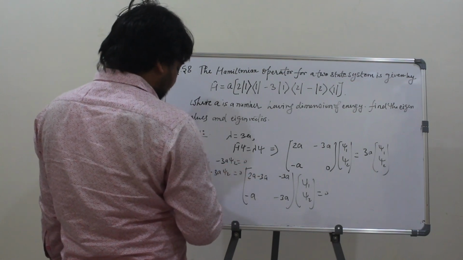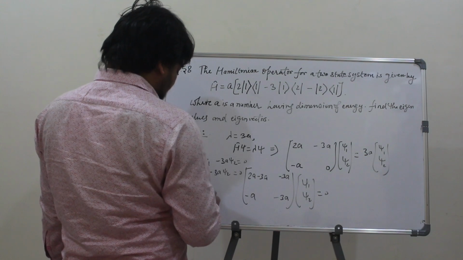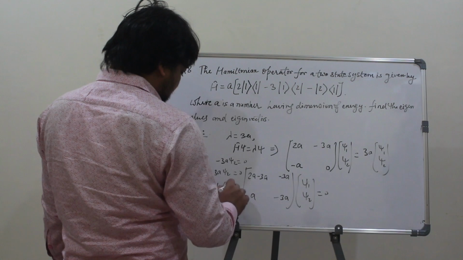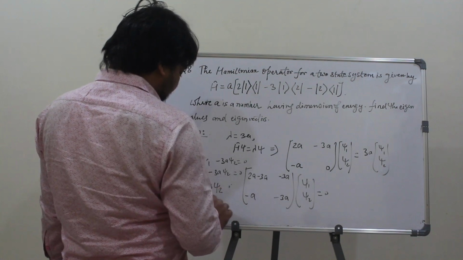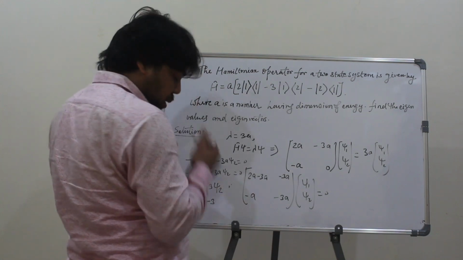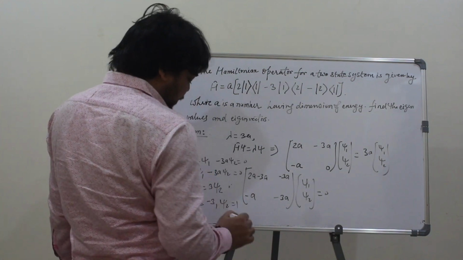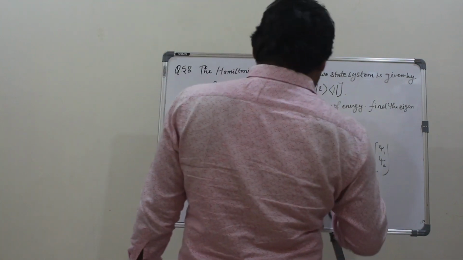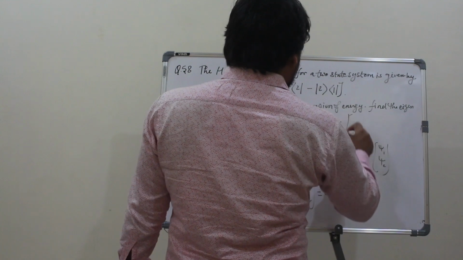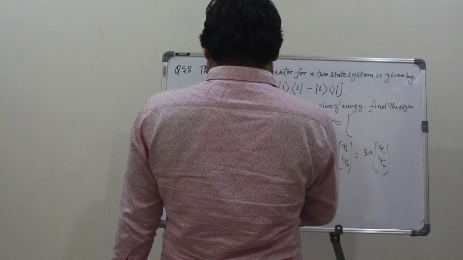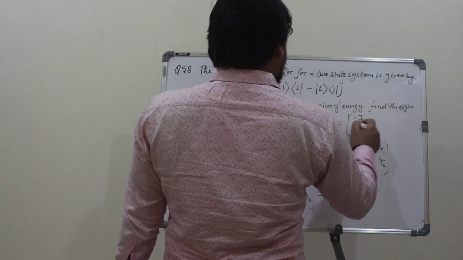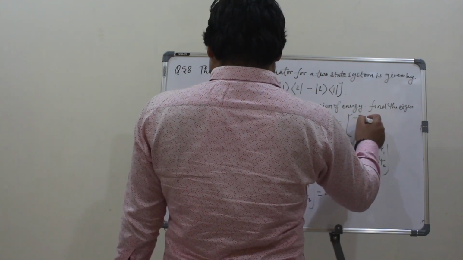So it means that minus of psi 1 equals 3 of psi 2. So if psi 2 is 1, psi 1 is minus 3, right? So the first eigenvector, for lambda equals 3a, psi is minus 3 and 1,